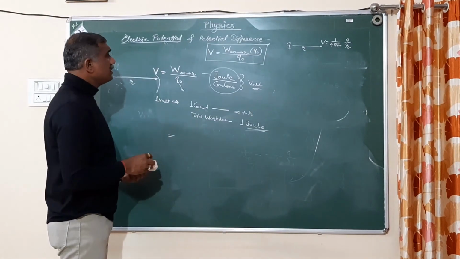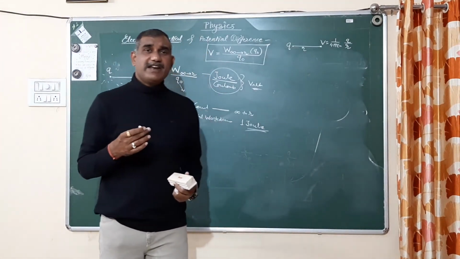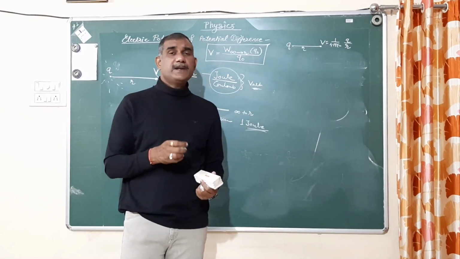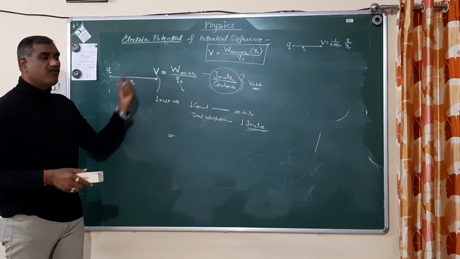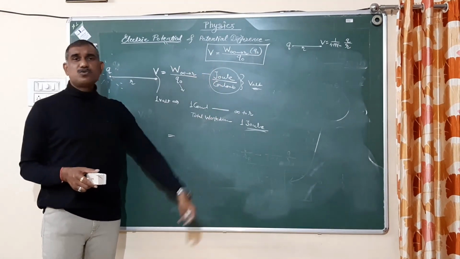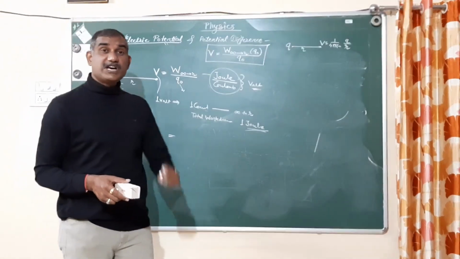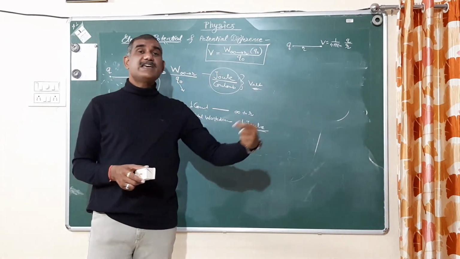In exams, most of the time RTM Nagpur University has asked to derive an expression for the electric potential due to a point charge. At that time you have to consider one source charge, one observation point at a distance R, then consider 2 points A and B, then move the charge Q0 from A to B. At that time you have to consider the force against the electric field.